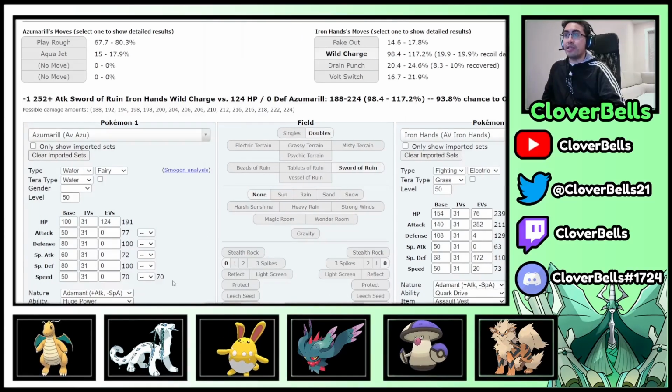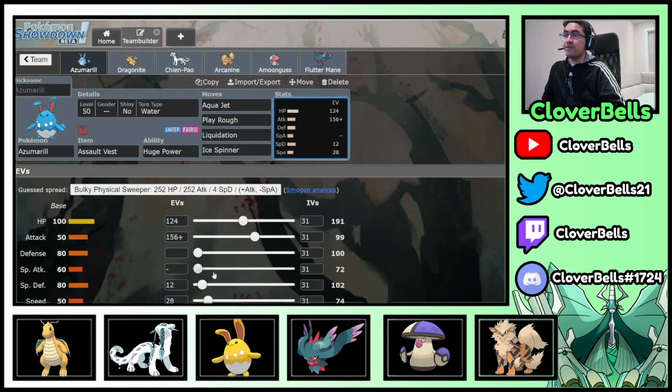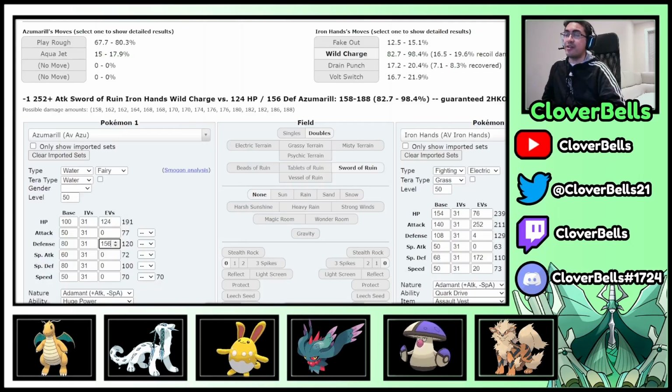So now what I'm going to do is invest a little bit more in defense and try and live this and see how much I actually need, where I can guarantee the survival here. So I'm getting close. You see how much value you're getting out of defense. This is why I like to do this. All right, and it looks like it's going to be 156 investment that I'm going to need to survive this. So 156 is good. So now if I take a look back here in the damage calc,